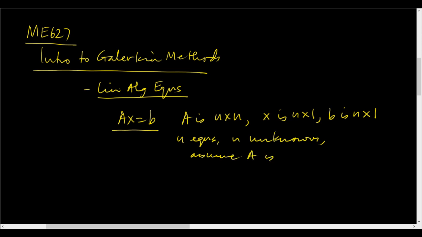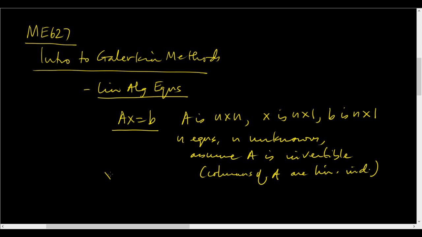A is invertible, which means the columns of A are linearly independent. Okay, x equals A inverse b, unique solution. Very good. What happens if